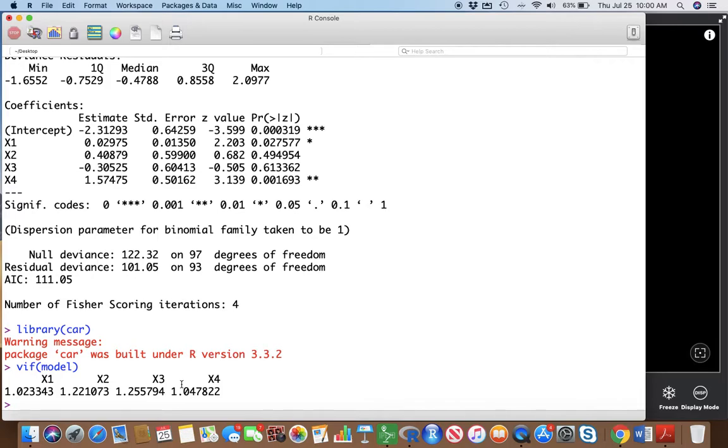Now, the linearity assumption for logistic regression, again, what we're doing, we're testing to see that there is a linear relationship between any continuous predictor and the logit of the outcome variable. And the assumption is actually tested by